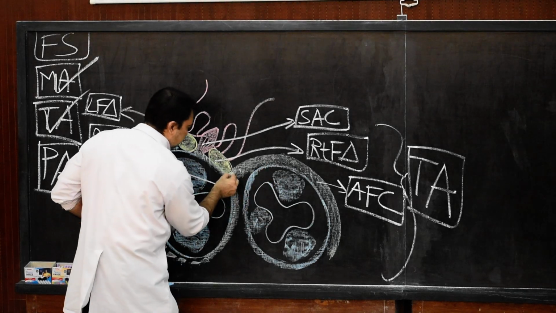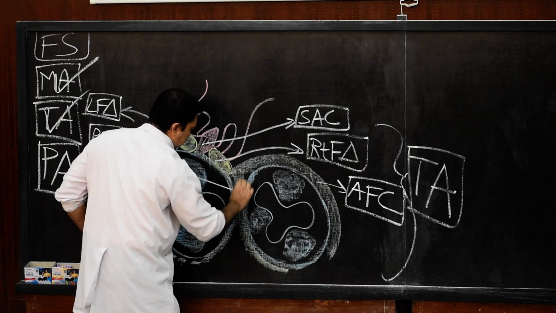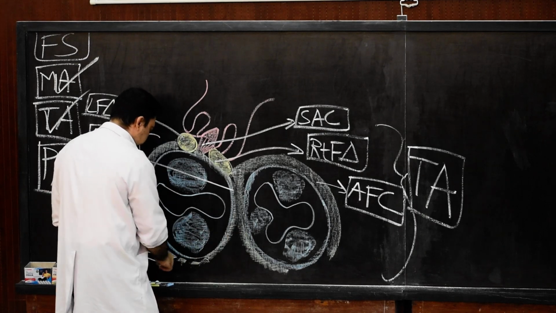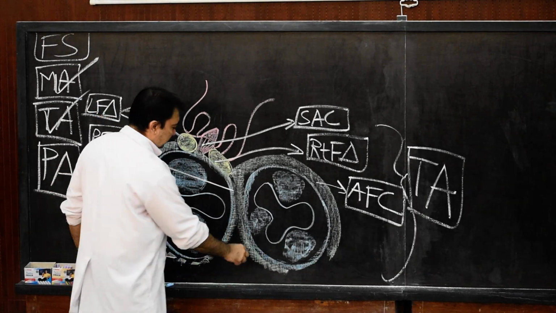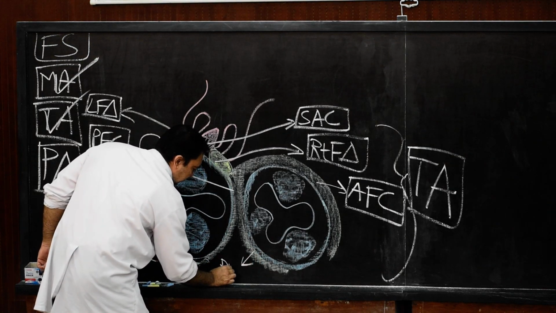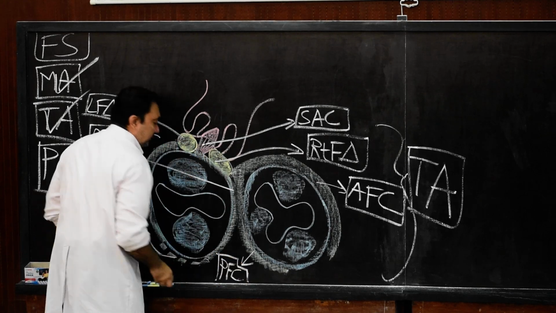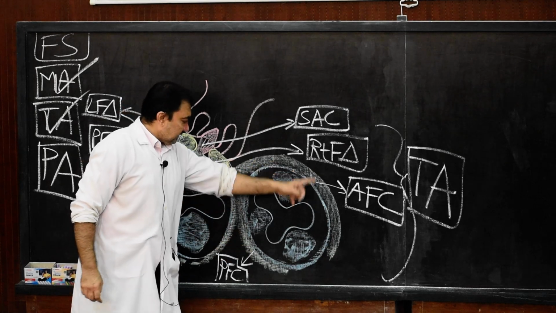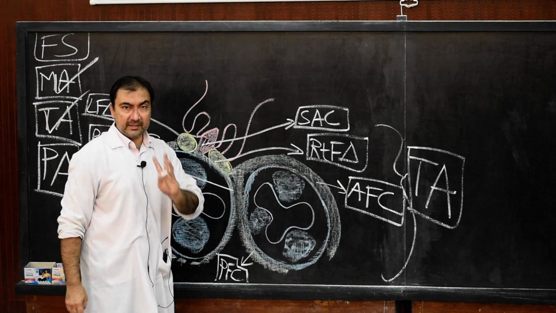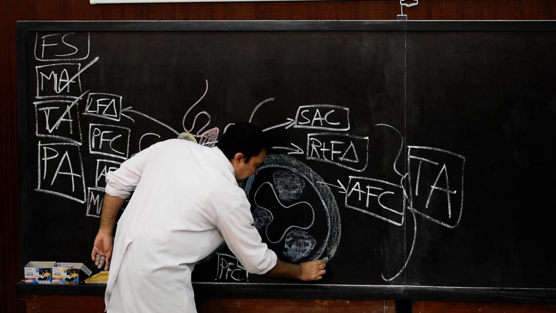And now we draw the posterior. This one will be the posterior, this structure will be the posterior phylum coronarium. So here I will mention this as the posterior phylum coronarium of tricuspid annulus. So anterior and posterior phylum coronarium of tricuspid annulus, they are connected by, once again, a very weak, that is sulcal connective tissue.